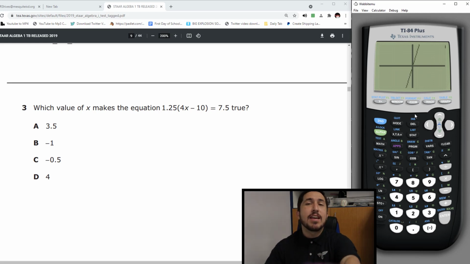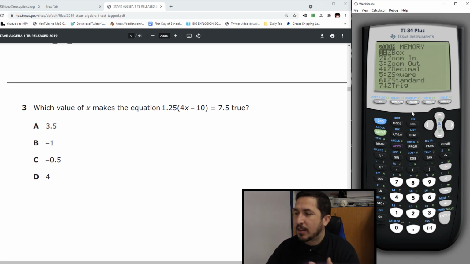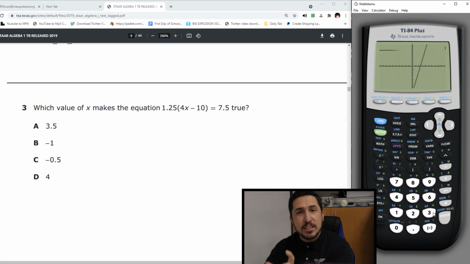I'm sorry. You're right. I'm sure you were screaming through your camera, wait, why did you put in 75? Why is it 7.5? I typed it in incorrectly. So now I don't even know where the heck the other line is. So I'm going to fix the zoom. You hit zoom 6 to fix. You're too far zoomed out. Hit zoom 6 to fix.